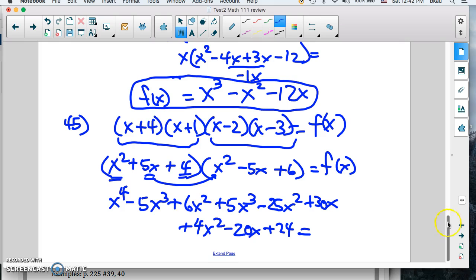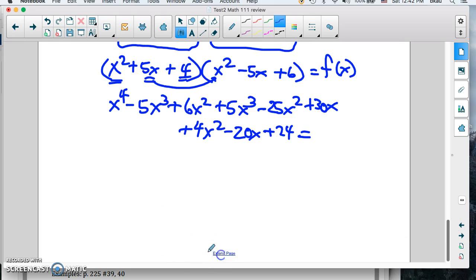And then I need to combine all my like terms to get my answer. So it'd be x to the 4th. I have an x to the 3rd here. That's going to cross out with this x to the 3rd because they're opposites. So there are no x to the 3rds. X squareds, I have 6, 10, and -25. I'm sorry, 6 plus 4 is 10. Minus 25 is -15x to the 2nd power. So that takes care of all the x squareds. Now the x's, I have 30 and negative 20, so I'm going to have 10x